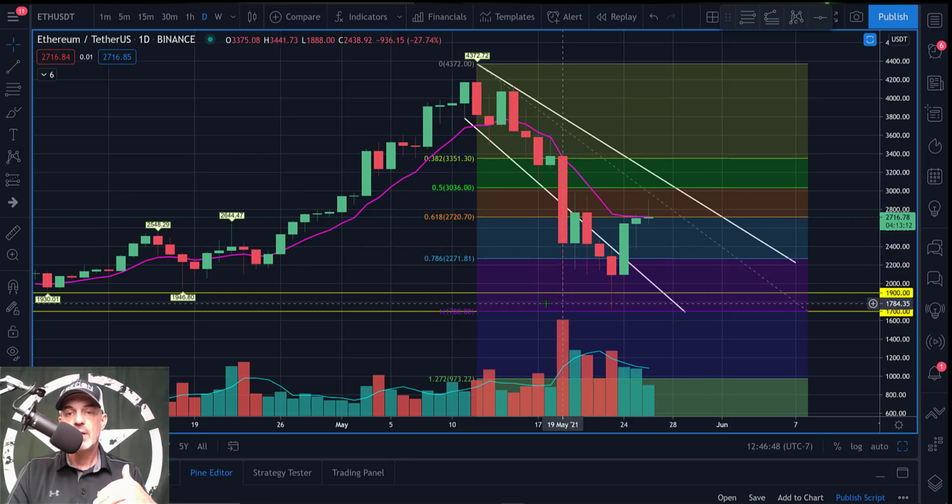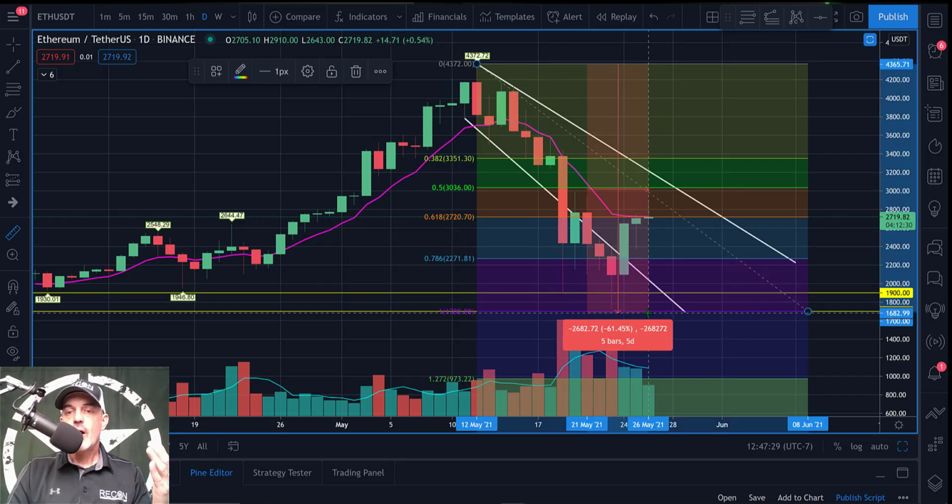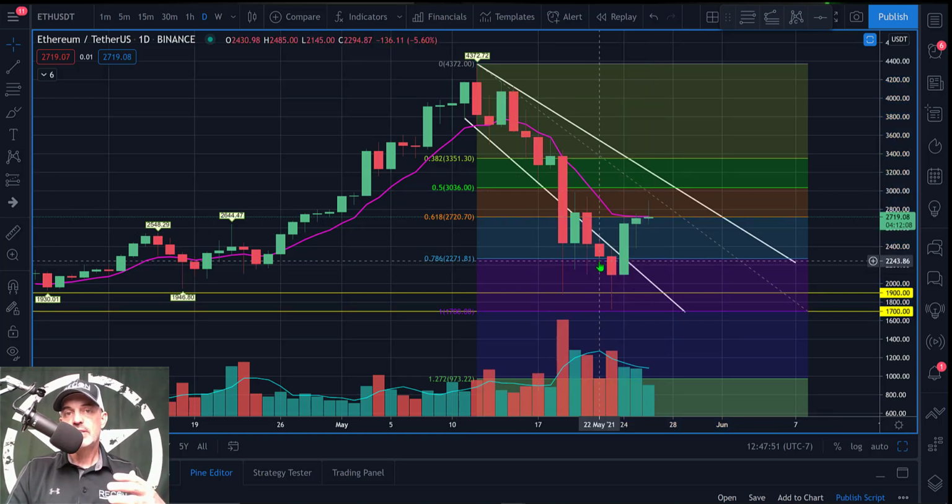Now, something that stuck out to me during the last sell-off, the first wave of the Bitcoin sell-off, Ethereum came into the 1900 level and rejected strongly. Remember, Bitcoin went to 30,000. However, on the second wave down, Ethereum went lower than the previous sell-off and it sold off into 1700, where Bitcoin, rather than going lower than 30,000, actually stopped at 31,000. So in the long run, ETH sold off around 60%, where Bitcoin sold off around 54%. So there is generally more volatility on the altcoins versus Bitcoin. Therefore, I will often take advantage of trading altcoins versus trading Bitcoin.